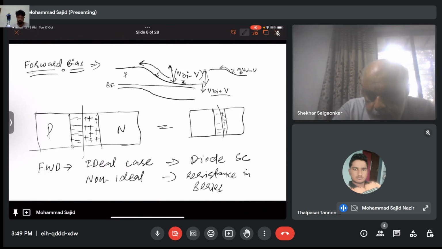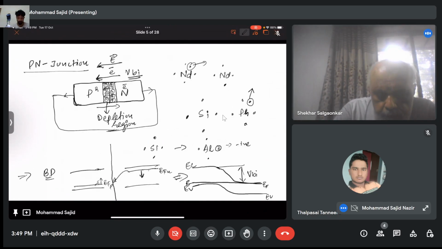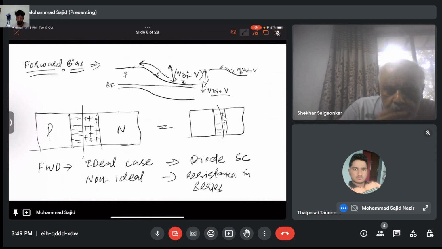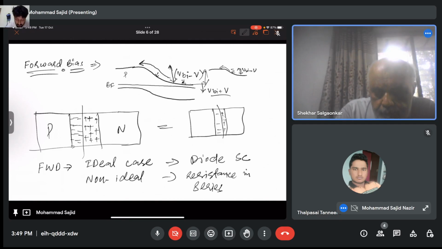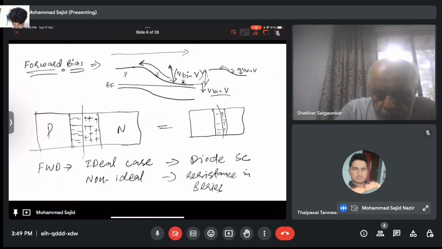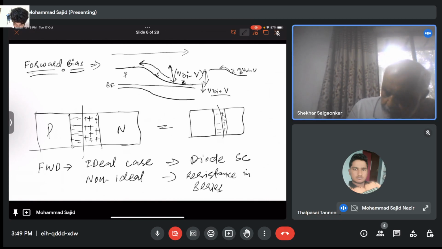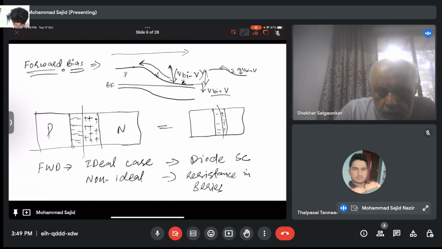Okay, so we discussed this. This is the diagram which I was talking about. Once these come close, this will be the VBI potential. And once you apply a forward bias from this to this, the external electric field will be in this direction. And now these electrons will find an external field such that they will pass from the n side to the p side.